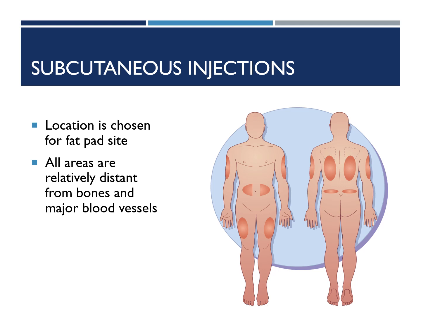But if you do use the abdomen, we want to make sure we stay about 2 inches away from the umbilicus. If you're giving an anticoagulant, we usually always use the abdomen. And then this little picture right here just shows kind of the most common places for sub-Q injections. I will say that the back, those subscapular regions, I have never used before, but all the other regions I have used.